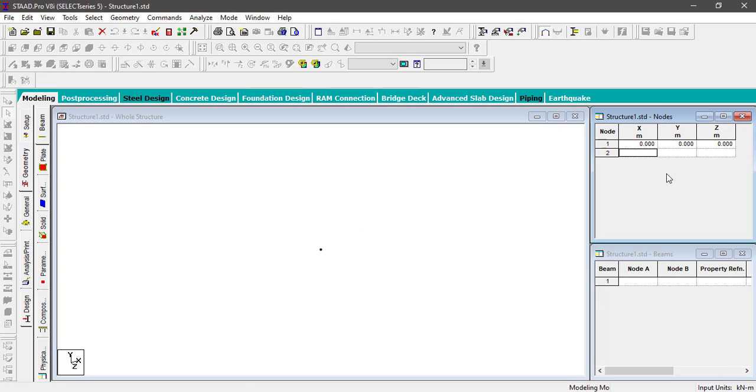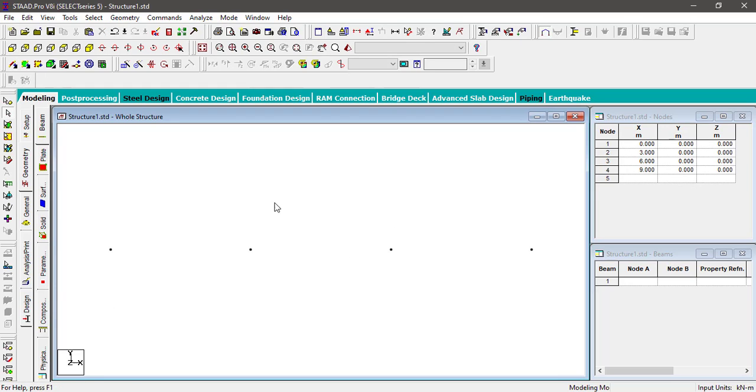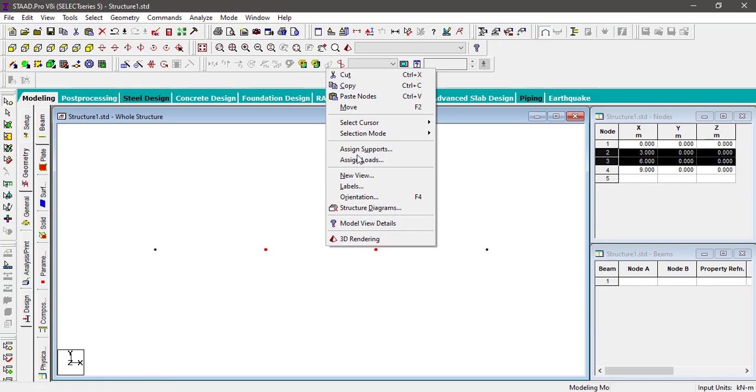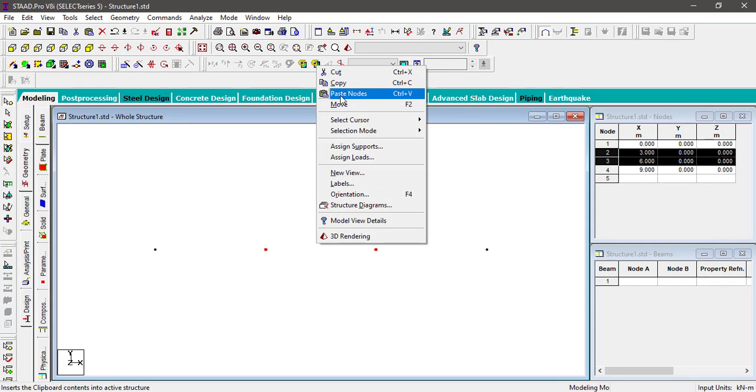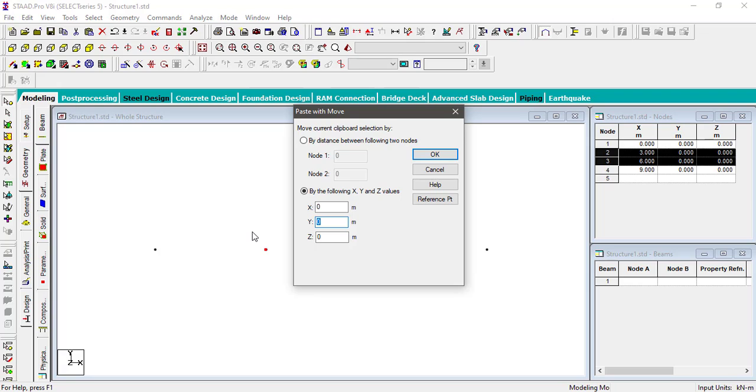First I have to create the model: 3, 6, 9. These are the bottom nodes. I will select node cursor, copy, paste nodes to a vertical distance of 3 meter.